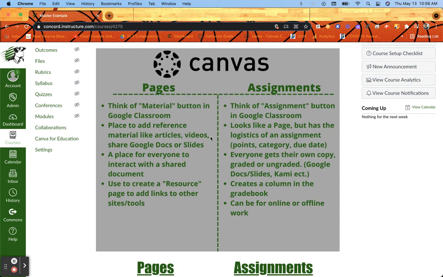Now, it could be graded or non-graded because sometimes we want kids to have their own copy of something, but we're not going to grade it. And that's totally fine. You can build an assignment and make a copy for an article that you just want them to mark up in Kami. So you could do a Kami style assignment and they each get their own copy, but you're not going to grade it. But if you are going to grade it, then this is also where you're going to want to